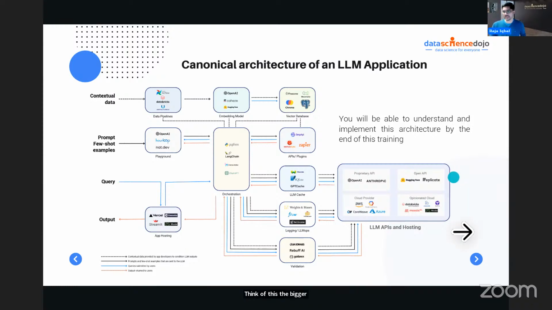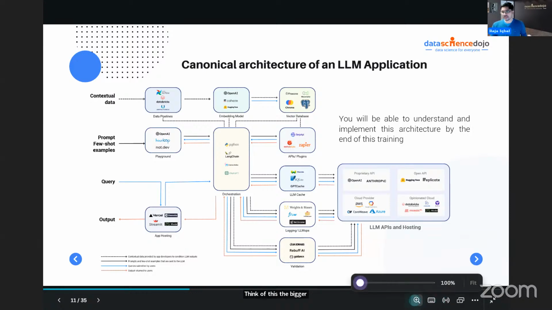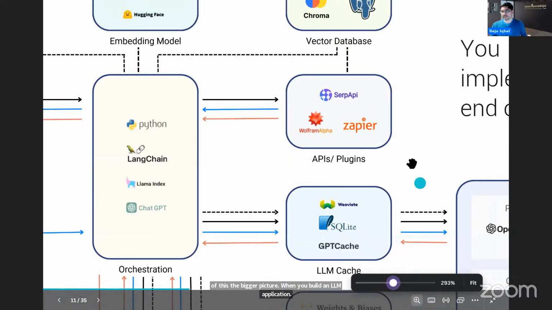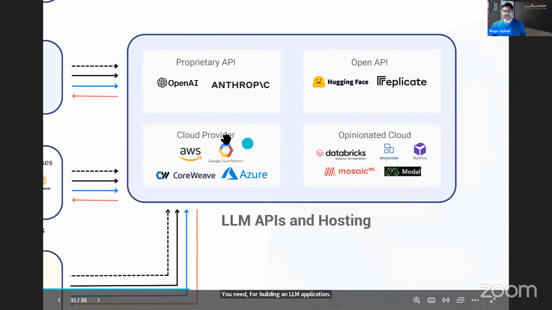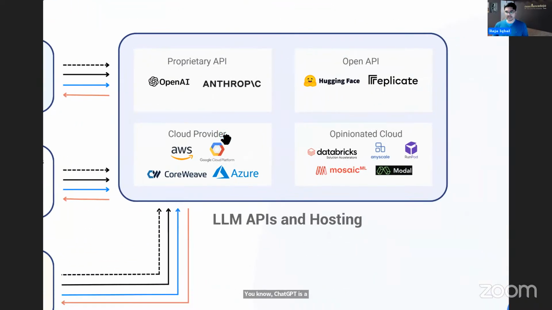When you build an LLM application, ChatGPT is a working functional LLM application. When you go there, you ask a question, and then you magically get that answer. And it is actually hard to appreciate what goes on behind the scenes. So what we will actually talk about is what does it take, and how would you actually build an LLM application from scratch on your own. So that is what we will be teaching you.